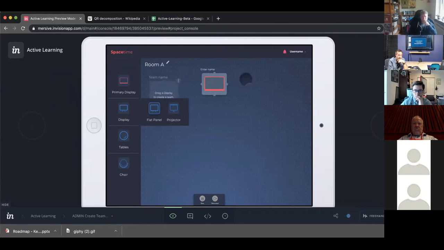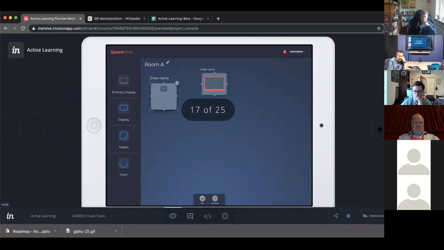So now I can, of course, move that anywhere I want in the space by editing it through the touch interface. I can rotate it. So if it's kitty corner, in this corner up in the top corner, I could put the primary display there and rotate it in space. And then I'm going to be able to tap display, choose between flat panels and projectors, and then create team